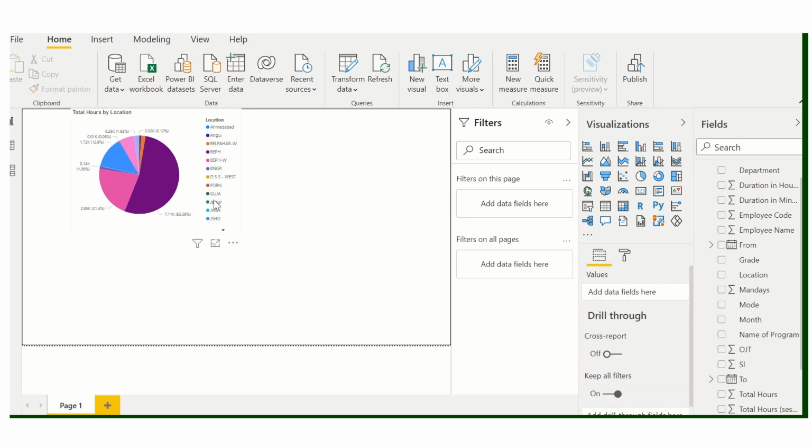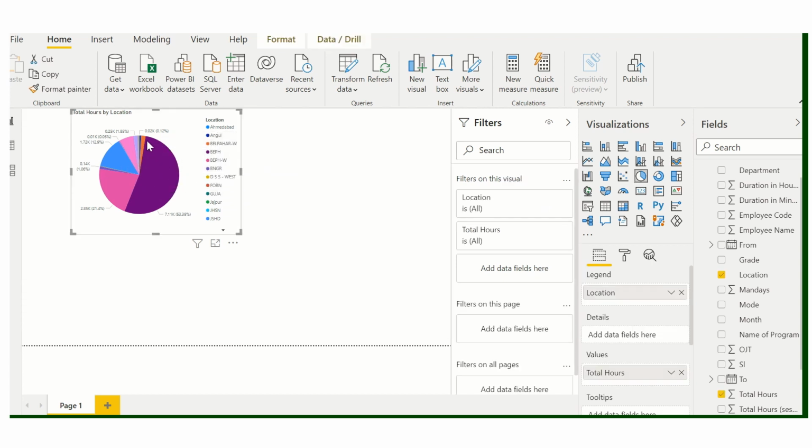Here you can see the different locations and corresponding training hours. So here location and corresponding training hours we are able to see.